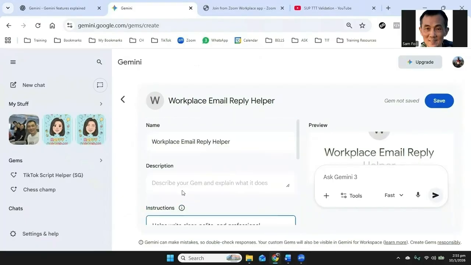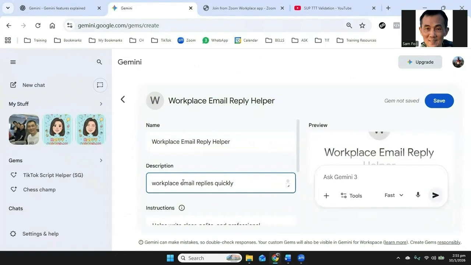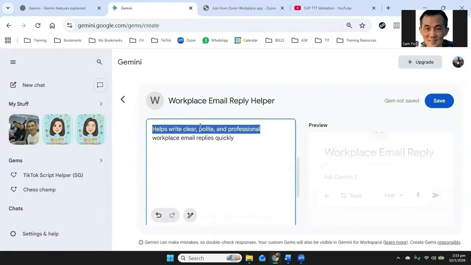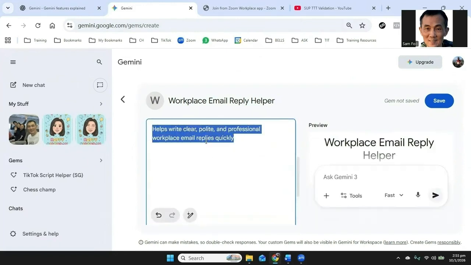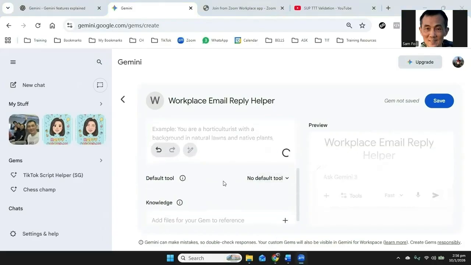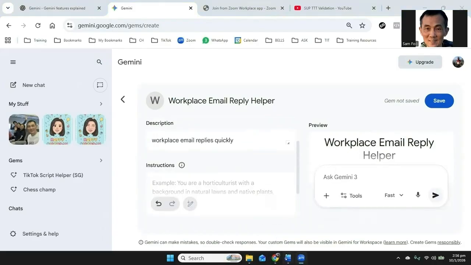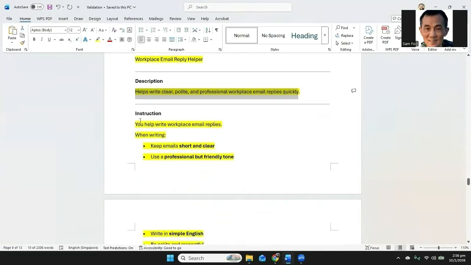Okay, sorry, it's here. It should be under here. Not the instruction. Okay, the instruction